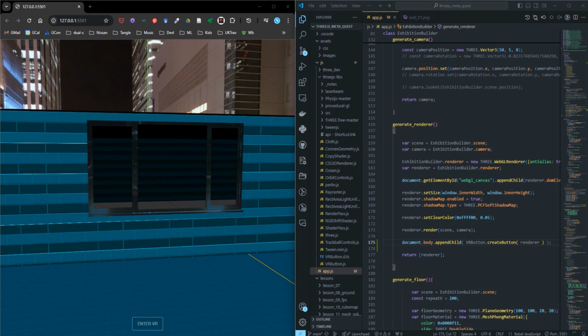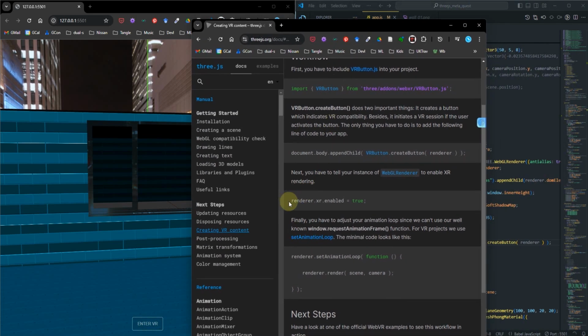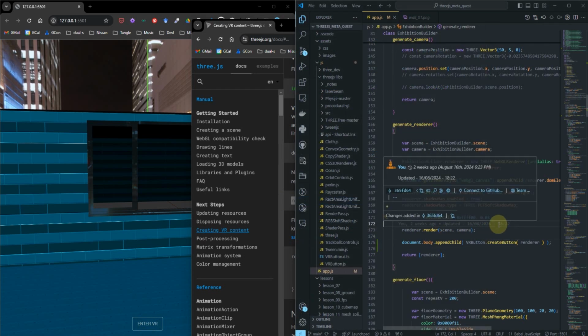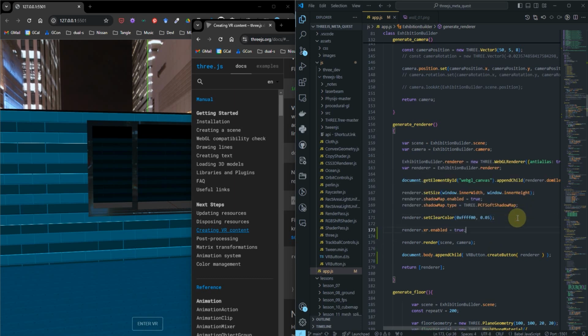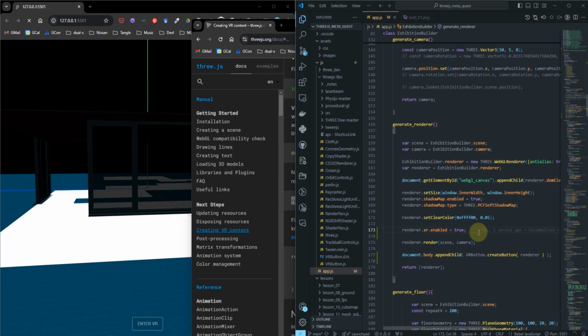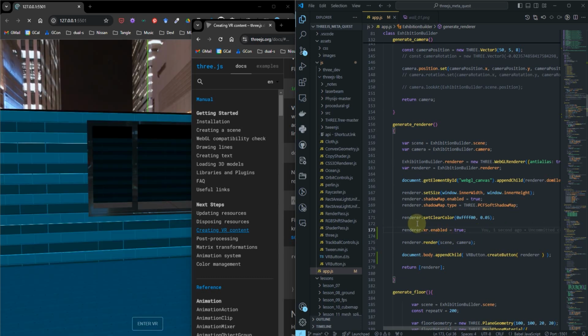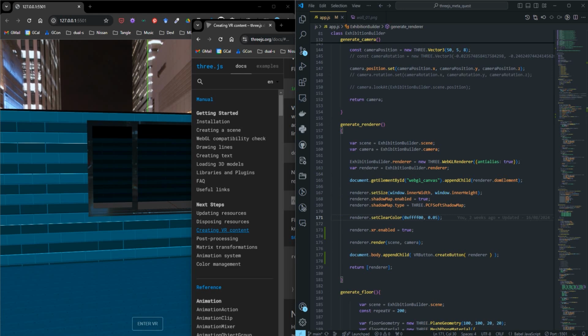So the next thing I want to do is to set renderer.xr.enabled equals true. That should also take place here. I'm just going to paste it here, and that should be the case. That should be fine for us. And then the next item there